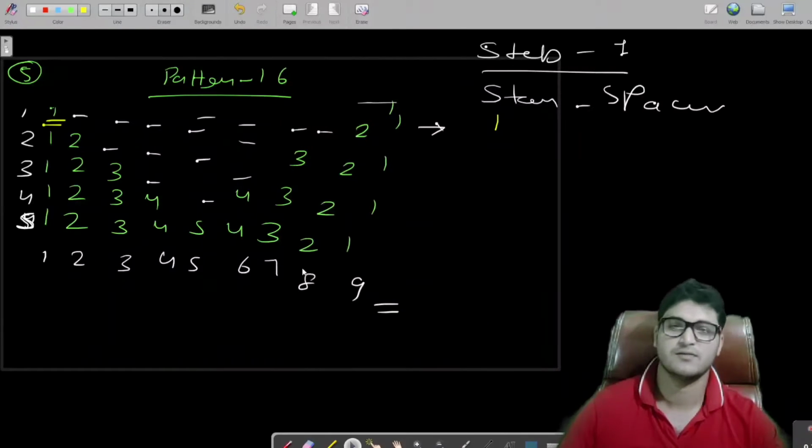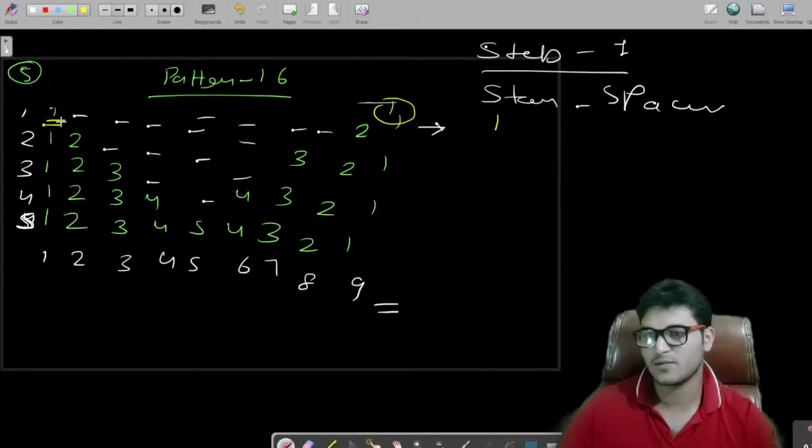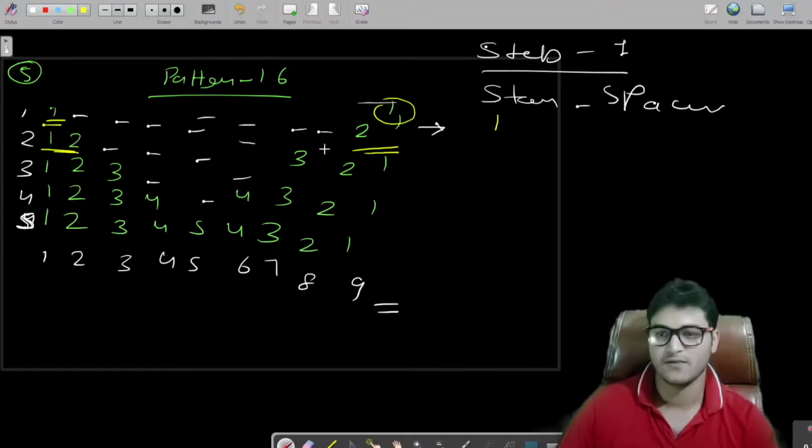Fine. Great. So for the first row we are having 1 star, and don't focus on this because the number of stars we print here, we will print the same number of stars here also. So we will do the exact same as the initial process, but we just need to worry about the number of spaces and number of stars.